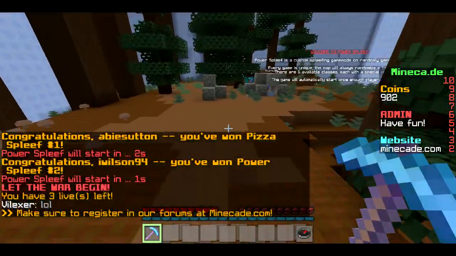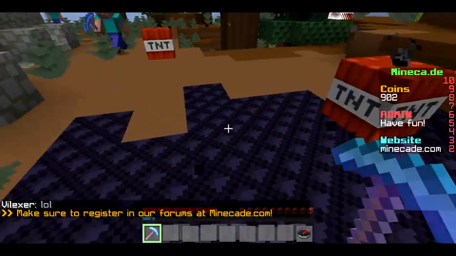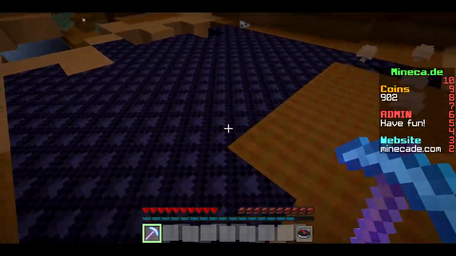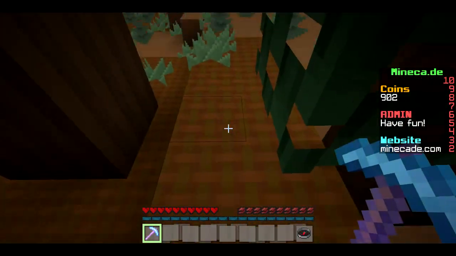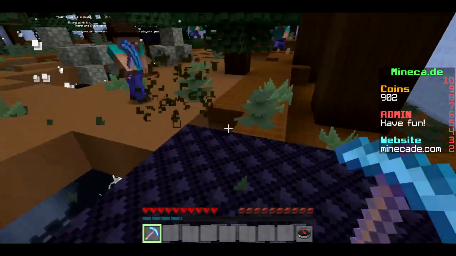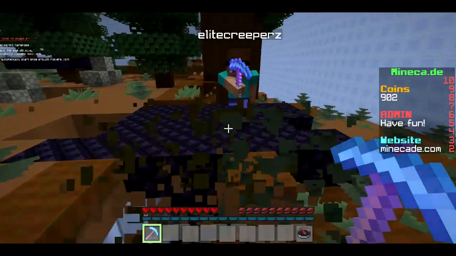This class is the tank, and its ability is harden. So if you see people coming for you, you can right-click to... okay, but there's TNT. You can right-click to harden the floor to obsidian, and the hardened floor will actually disappear after a few moments, which you can also use tactically. So like I can harden, and then if I think people are going to come and chase me, I can wait until the last moment, and then...